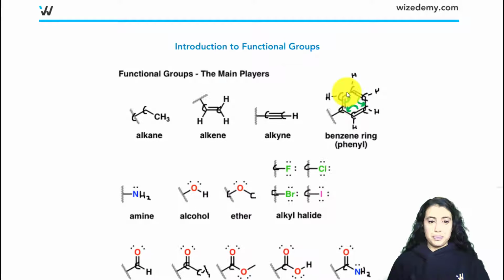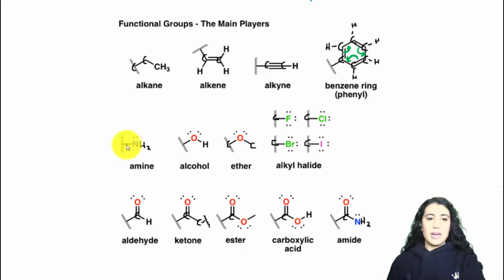So that's a unique scenario, and we'll learn more about naming and properties of the benzene ring because it is quite different. Okay, in the next row we see that we have an amine. So that is when we have a nitrogen in our chain. Anytime we see this, it's just a short form for the rest of the chain. So maybe there's 4 other carbons and we have the nitrogen that's a part of that chain. So that's an amine. So we'll see a nitrogen. That's kind of the way that you know that it's an amine,